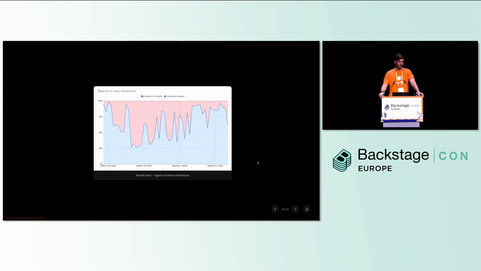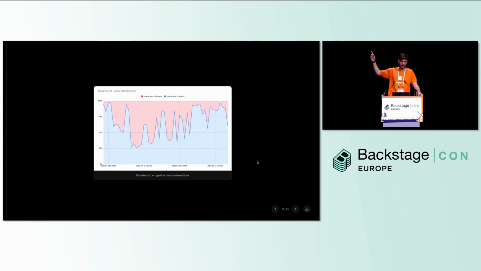That last 6 months has been wild and wacky, certainly for us. This is a graph of the interactions that users have versus agents on the Roadie platform. The blue line is agents, right? You can see on certain days we are 100 to 1 agent interactions versus user interactions. Backstage can be a fantastically powerful tool to empower agents to interact with your ecosystem, to understand your software topology, and ultimately to act upon it. It's certainly what we've seen from our customers in the last couple of months.